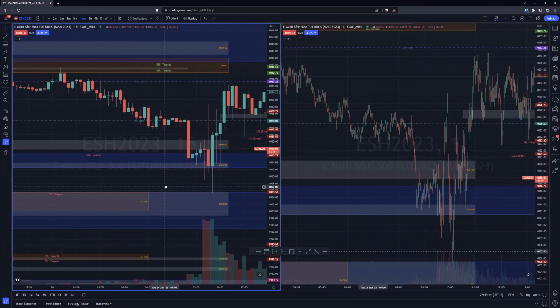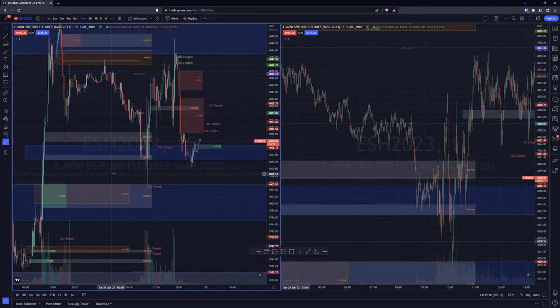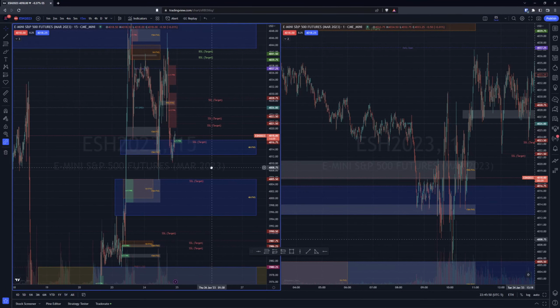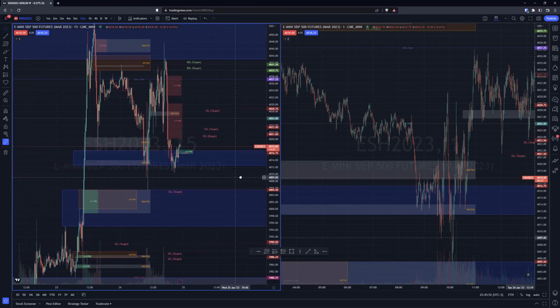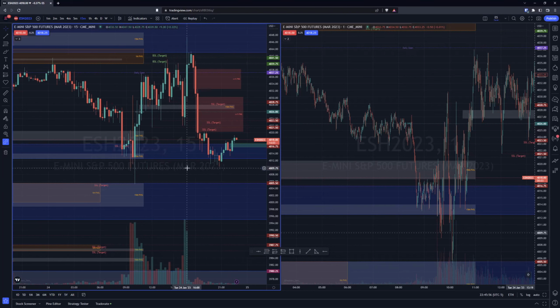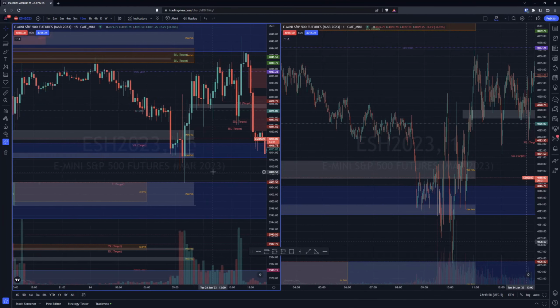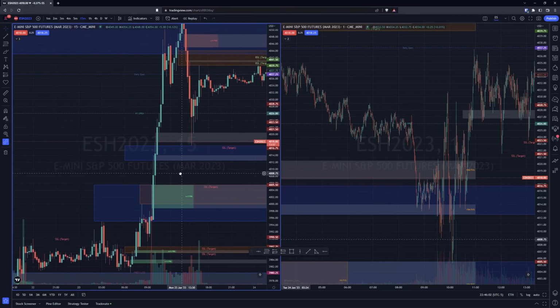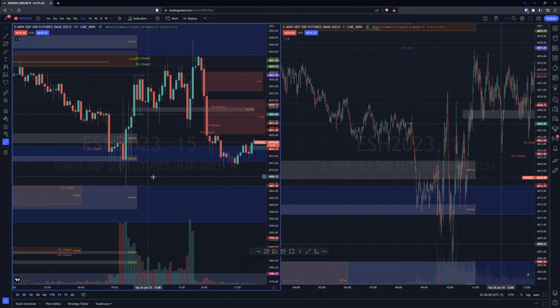Lost my bearings a little bit. Yeah, so this is a 4-hour gap. That blue box, any blue box like that you see is a 4-hour fair value gap that I've marked out, usually from a couple days ago, something like that.